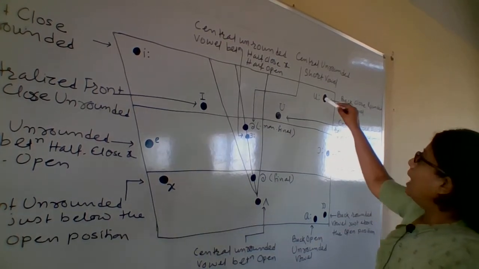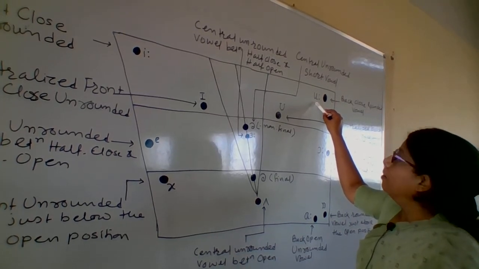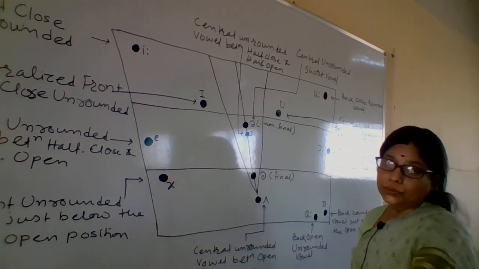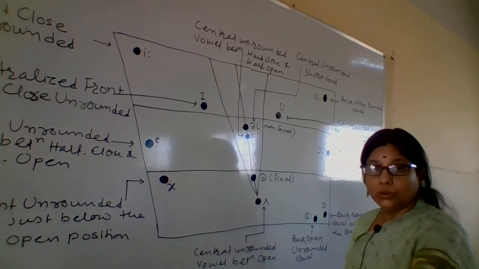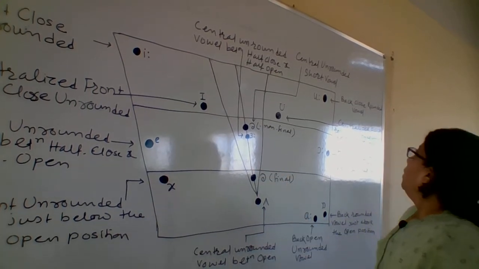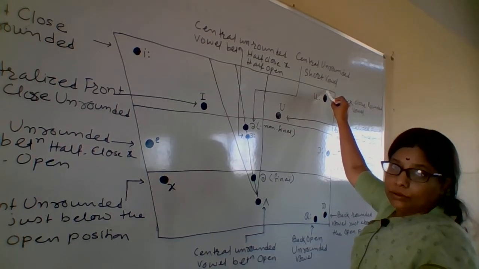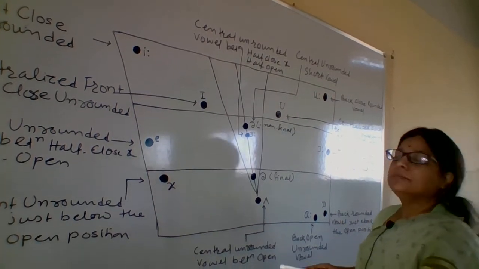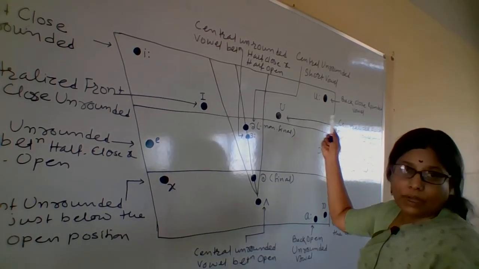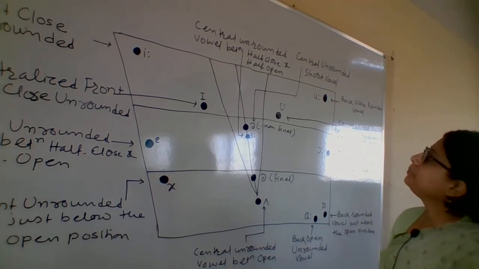Then we come to the last of the rounded vowels and the back vowels as well. So what happens for this long U, as in fool, as in cool, as in soon, as in moon, long U? What happens is, the back part of the tongue is raised towards the closed position. The lips are fully rounded, so it is known as a back close rounded vowel. Long U is a back close rounded vowel.